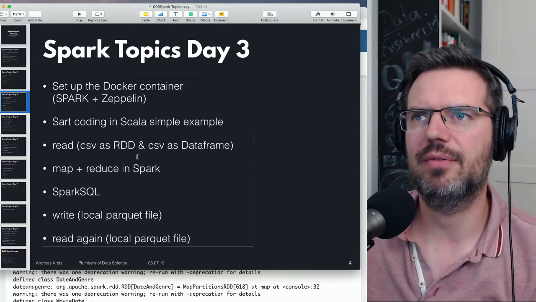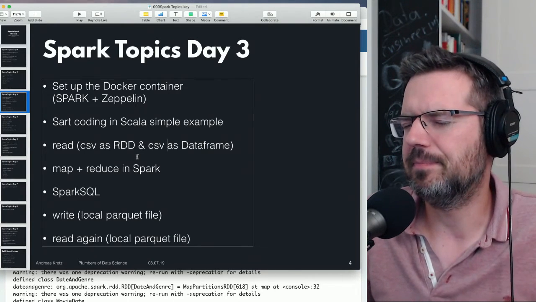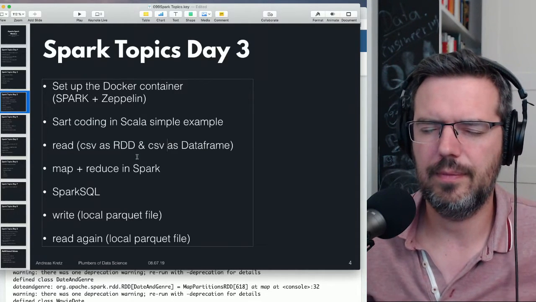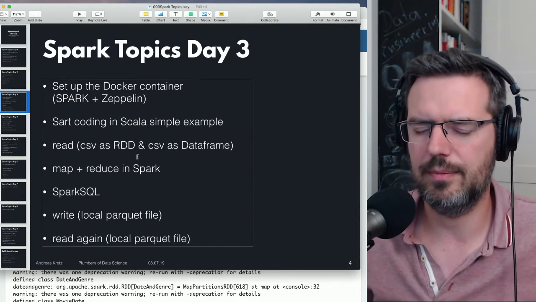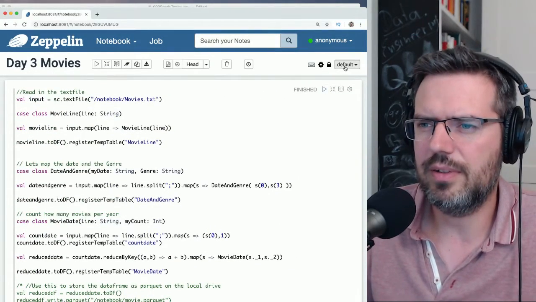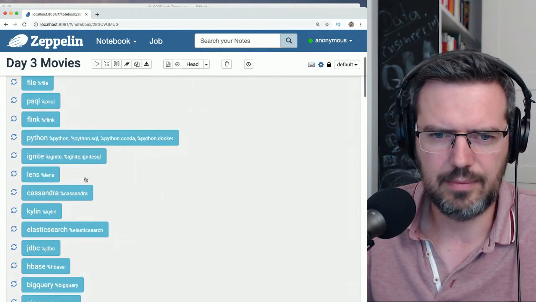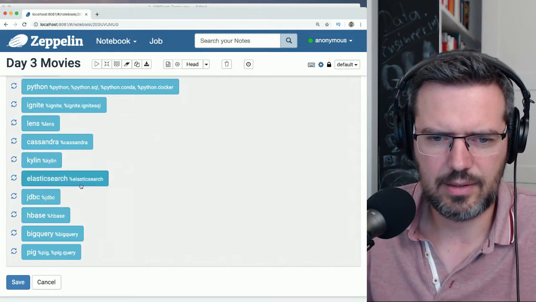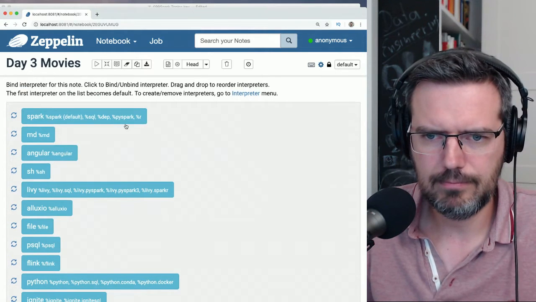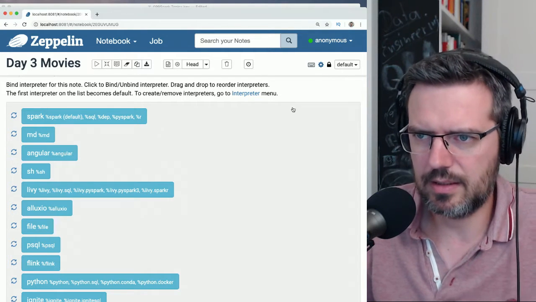Yeah, Zeppelin is the Jupyter of Java, and it's the sister to the one from Databricks and so on. Zeppelin is super cool. You have a lot of interpreters in Zeppelin. So you have Spark, Angular. You have also a Flink interpreter, Cassandra, Elasticsearch, and so on. So yeah, you can also use PySpark here. So this thing is really good.